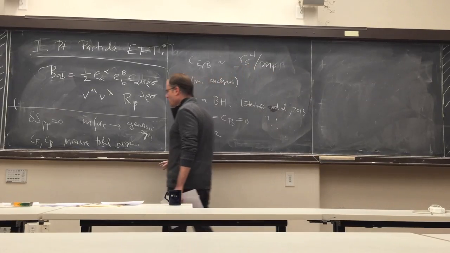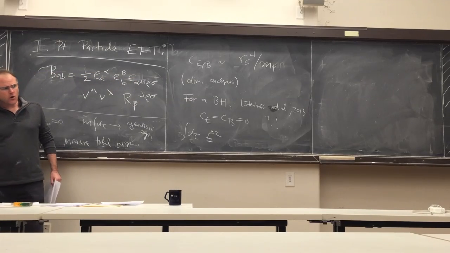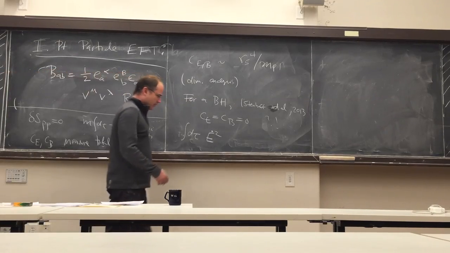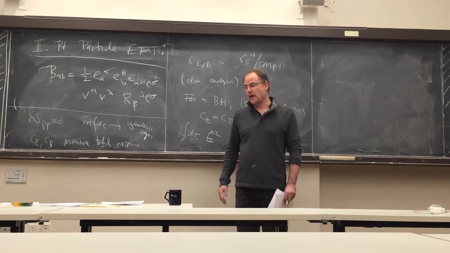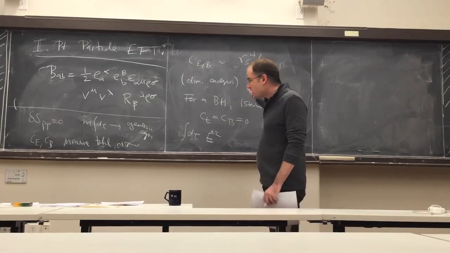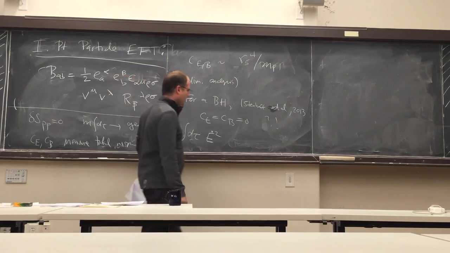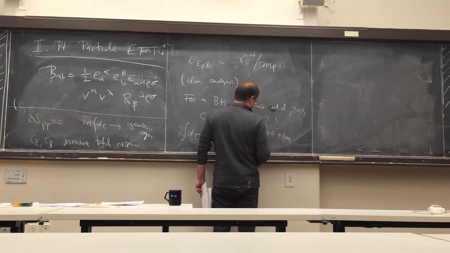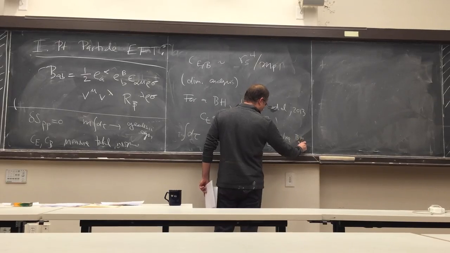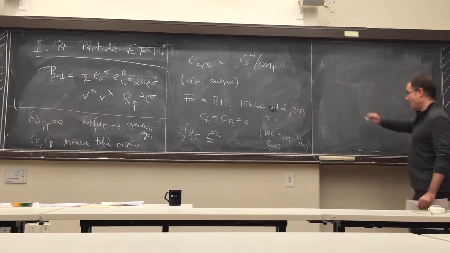I'm also going to ignore things like dissipation, which for a black hole is something that you really shouldn't ignore because black holes absorb particles, right? I mean, they have an event horizon. Dissipation can also be included into the formalism, and that was in a paper by Ira and myself from 2005 or 6. So this is black hole absorption. So certainly one can include it, but I don't have time to talk